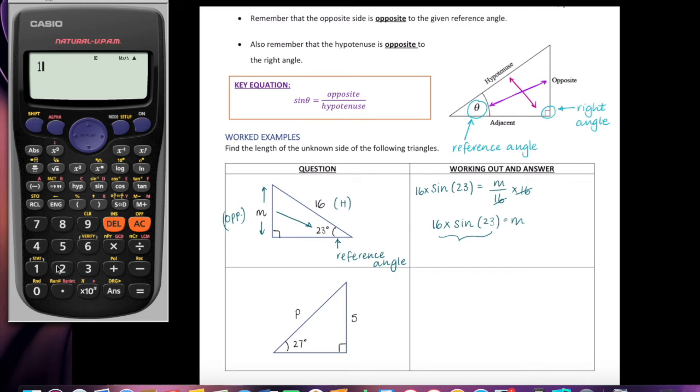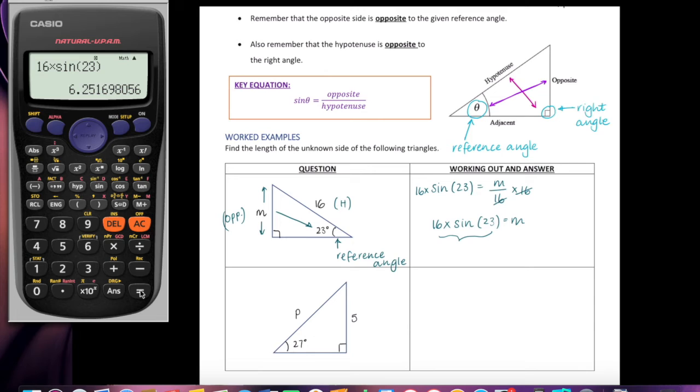So I'm going to write 16 times sine, and that'll open up a bracket. So you just need to do 23, or write in whatever reference angle it is. Make sure you close the bracket as well, and then press enter. And what we've been told here is that this answer is equal to 6.251698056. Now, I haven't actually explicitly written it down, but let's assume for this activity we're rounding to the nearest